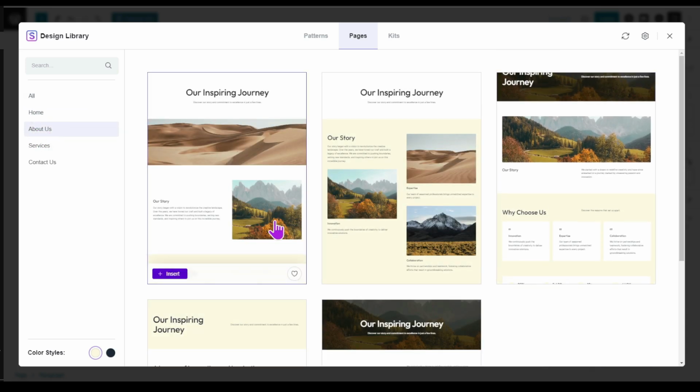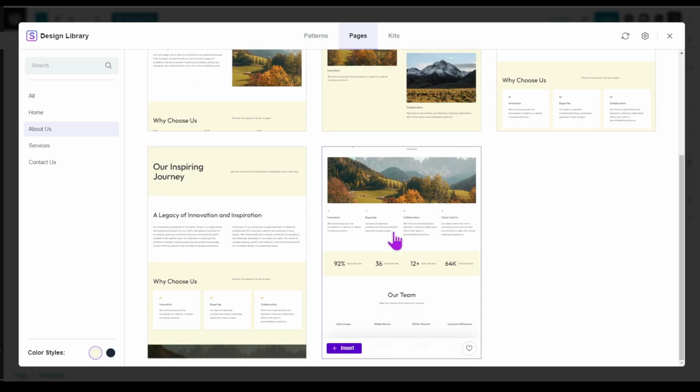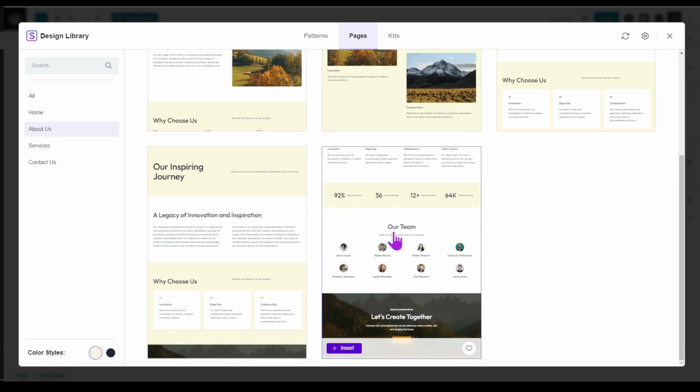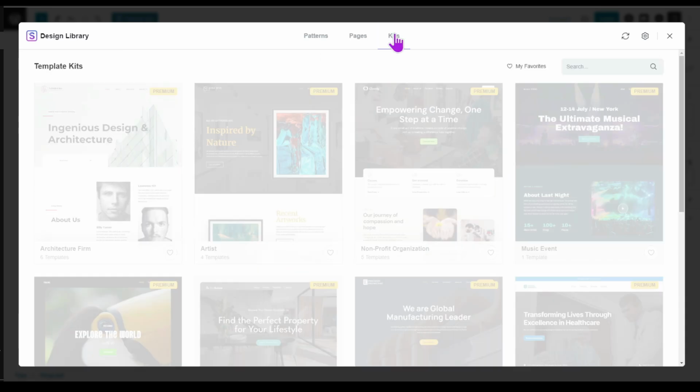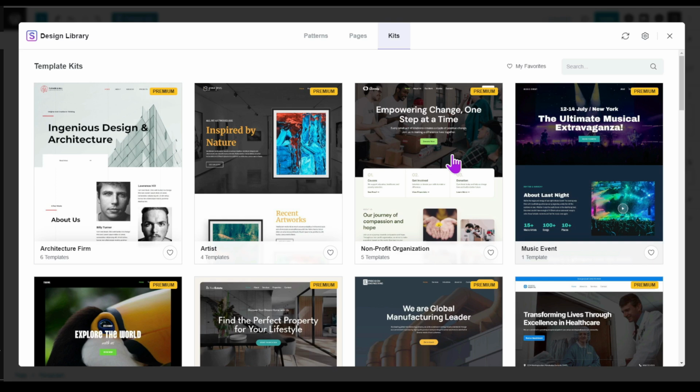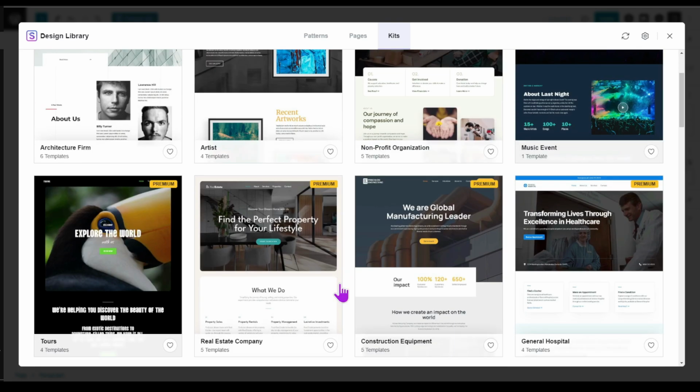So here are the complete page templates for About Us. So we can import the complete page here. And same goes for Services and Contact Us page. And next we have kits. So here we have the collection of kits, or the set of pages that we can import to create various